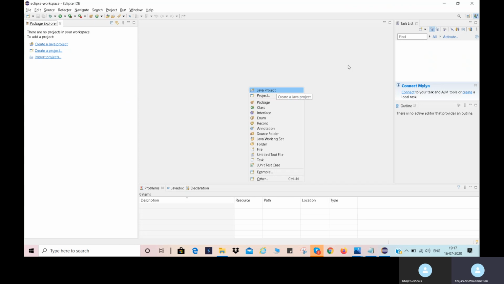I'm using shortcut Alt Shift N and use down arrow and select Java project option. Hit enter.